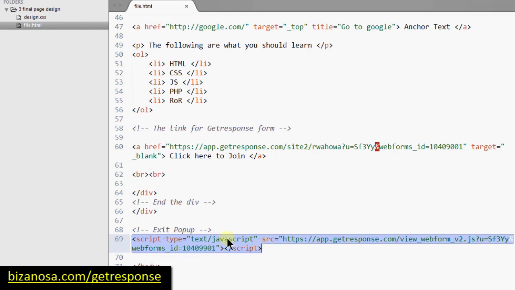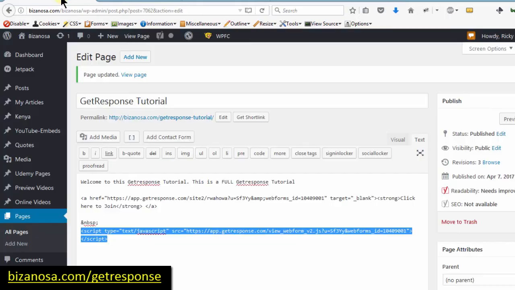The same is for Shopify. If you're using Shopify, take this and put it in your theme footer, and then this form will appear on every single page. So right now, since I'm using WordPress, I can do the same thing for my WordPress website,